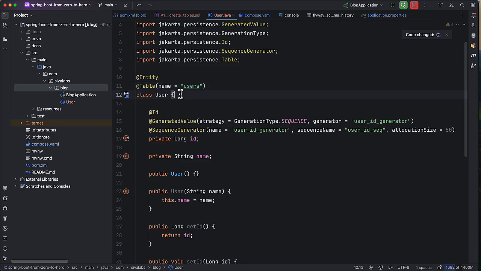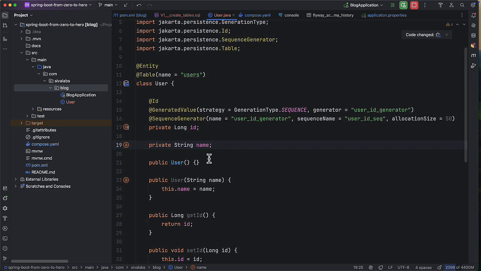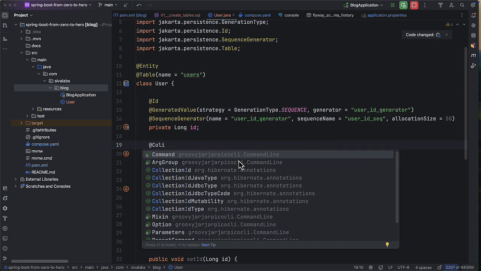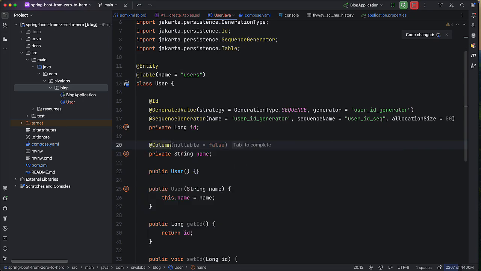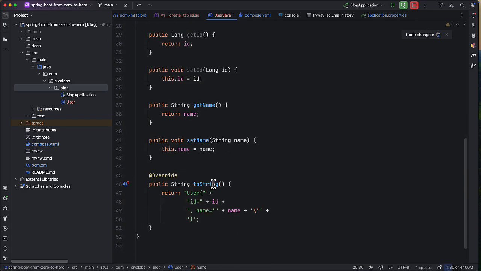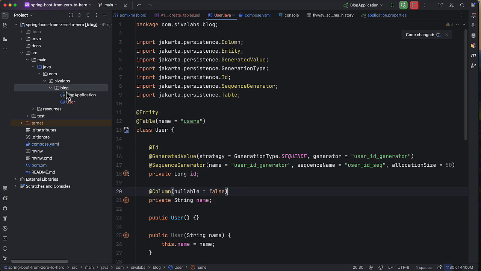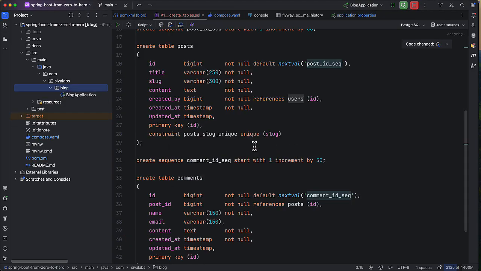So I'm giving this name, and this is how we can manually create and then add the properties and specify all the columns, nullable false, unique and everything. So you can manually add the properties and everything. But if you have IntelliJ IDEA Ultimate, you can generate the entities from the database schema, so you don't have to